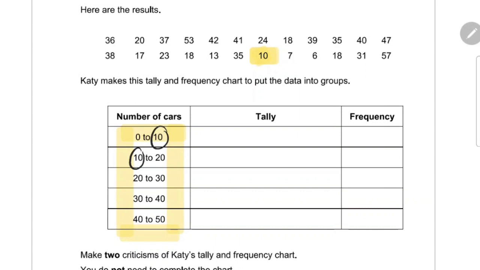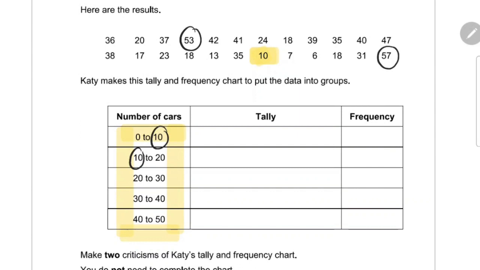And then criticism number 2 is probably that if you look at the data set, you can see that there's a 53 and a 57. So those 2 data points wouldn't actually fit into any of these groups because the highest grouping is 40 to 50. So my next criticism would be 2 data points